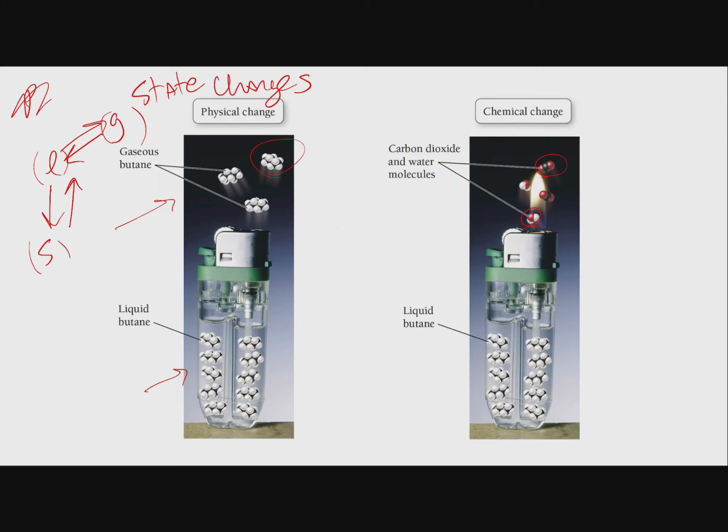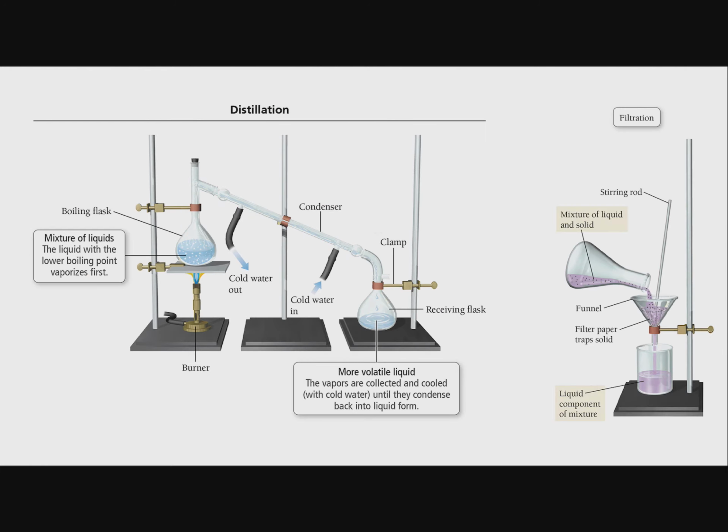Let's talk about how we can actually separate mixtures based on physical changes, because that's a nice little trick that we can do in the lab. So there's a couple of ways. One is called distillation. Distillation involves having a mixture of liquids, and the liquid with the lowest boiling point will actually vaporize first. And so what you do is you've got a mixture in here, let's say of A and B. Let's say that A boils at 70 degrees and that B boils at 85 degrees. So if we heat this up slowly, we can get all of A